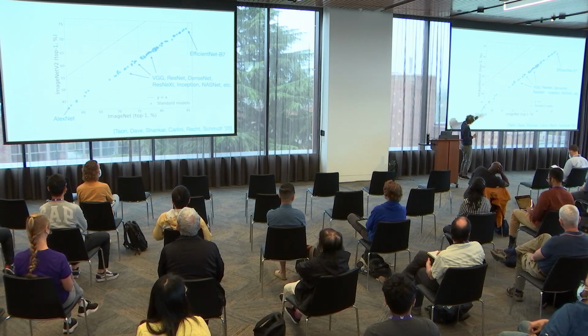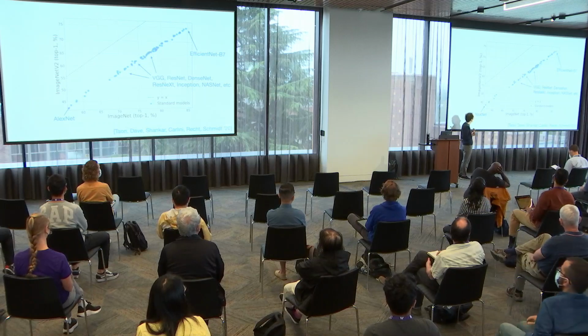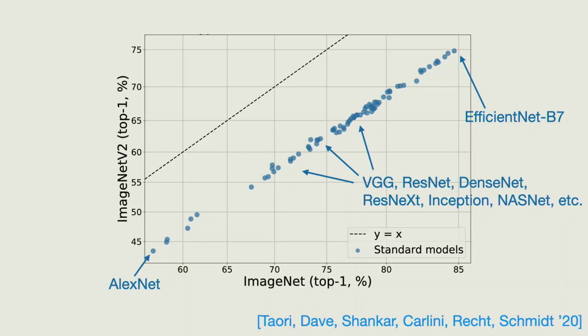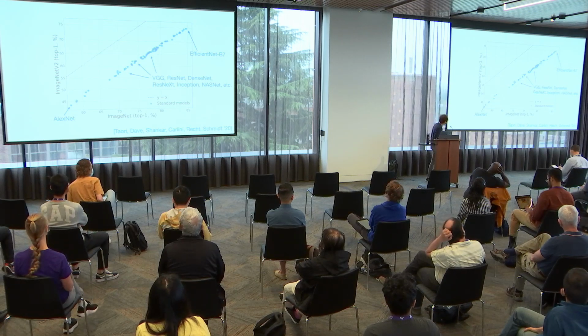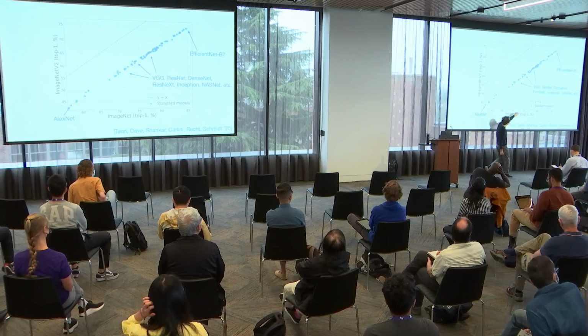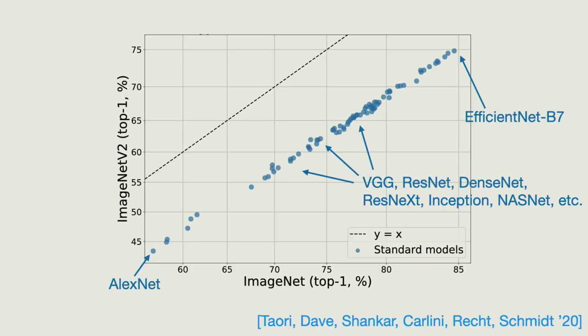In this paper, we evaluated as many models as we could find. So everything from the seminal AlexNet paper over widely used architectures like VGG, ResNet, DenseNet, and so on. And in the top right, we have EfficientNet, which at the time was the state of the art. Good. And I also just realized I lied. There's actually one equation in this talk: y = x. This is the reference point that we want to reach, the dashed line here that tells us the model is fully robust under this distribution shift, getting the same performance in distribution and out of distribution.